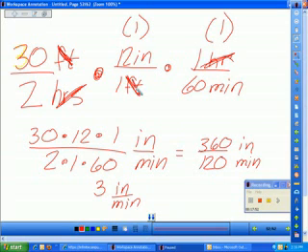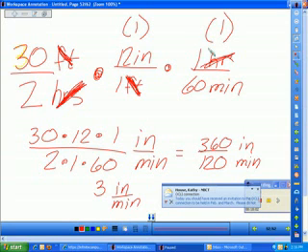And the reason I was able to cancel the units is because feet were in the numerator, feet are in the denominator. Just like when you're multiplying a fraction, you can cancel anything that shows up in both the numerator and the denominator. Also, hours and hours will cancel. And then you can just multiply straight across if you didn't like having to cancel the numbers. In addition to some other examples that are on the website, you can take a look at those, or you can just wait until tomorrow, and we'll be working a lot more of these. But hopefully this gave you at least a little bit of some background knowledge for